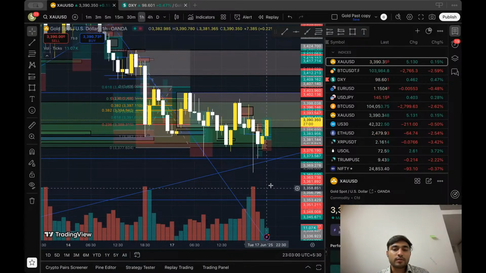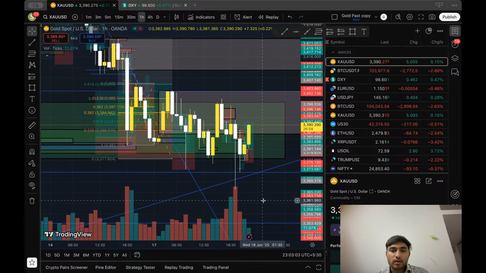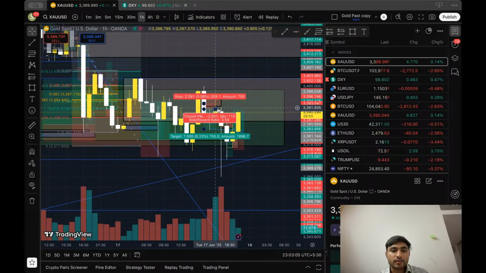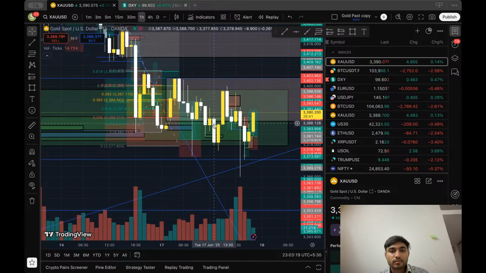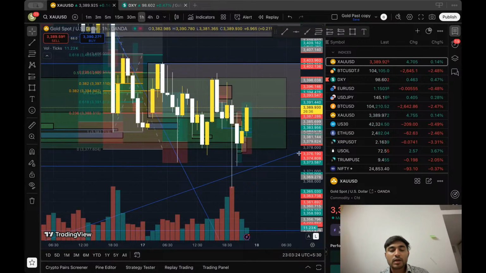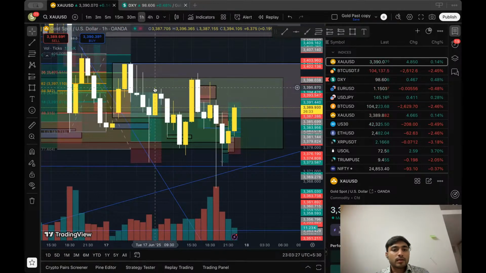So 1 hour, if you look at 1 hour, have we covered this fair value? Sorry, this order block. See, this order block has been covered by this red candle. We understand this at the minute level, when you understand what's happening behind this. This is an order block. After this closing, it tested this region, and it fell from here. It gave a red candle, which it should give.